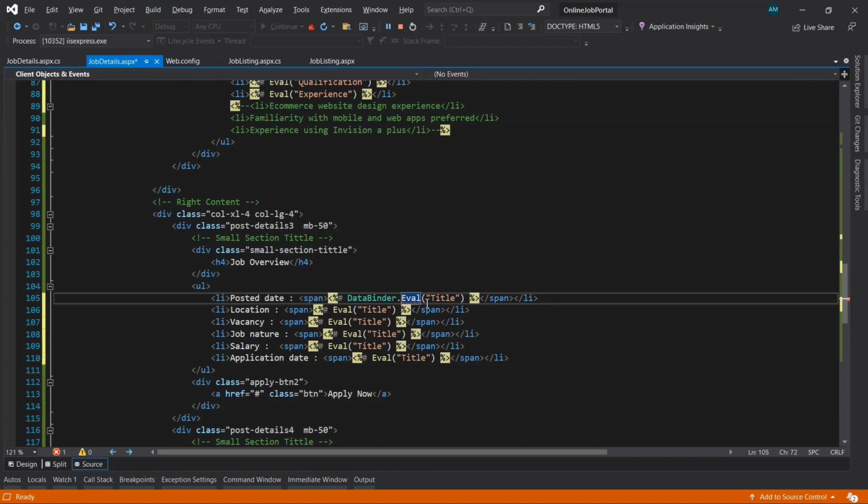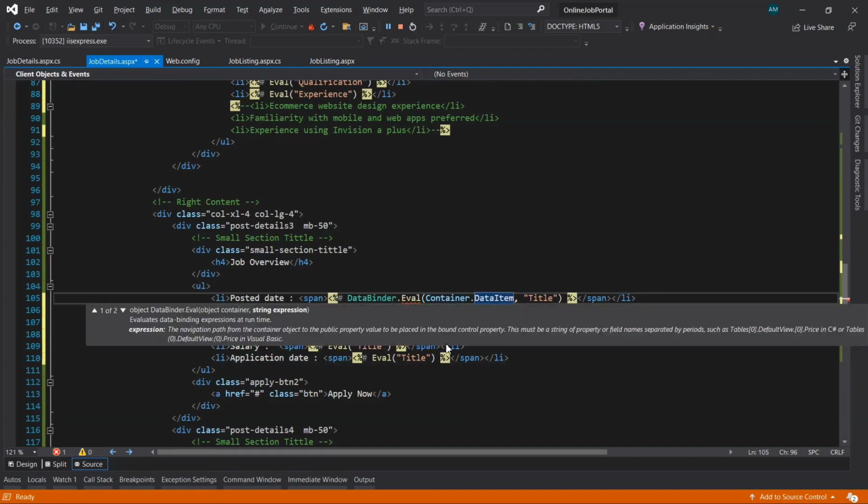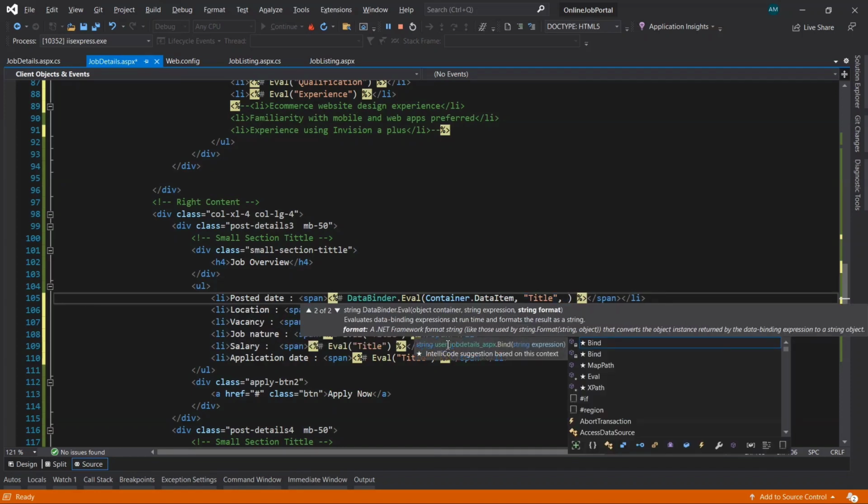Then inside this, just before the title, we'll give Container dot DataItem, comma, the column name the data is coming from, then comma. Here we'll give the format in which it needs to be displayed in the browser.